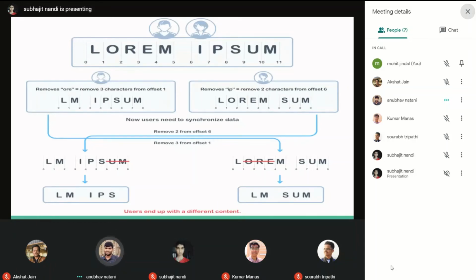So now what they got is the edited words, and when they applied those deletions, they got different results. So this is a problem of convergence as well as concurrency, and they will not end up with the same results. Now for solving these issues, we found that there are many solutions available, and we will be discussing them one by one and how we approached them in our implementation as well. Now Saurav Tripathi will continue.